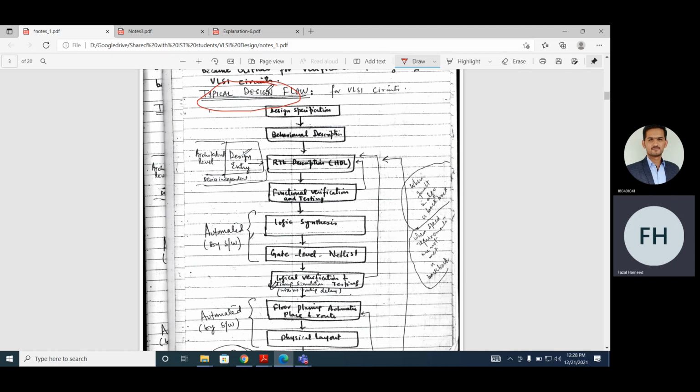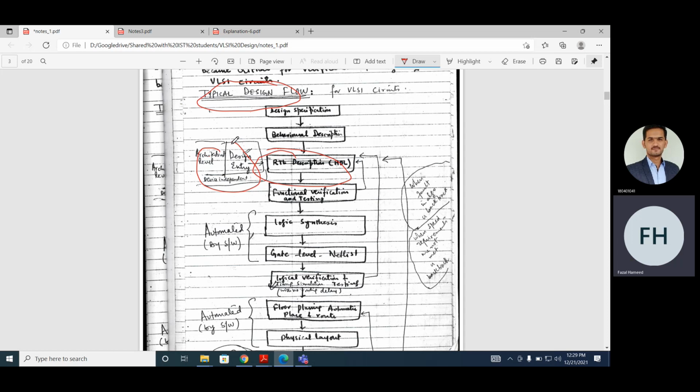And then you make some high level description, architecture level or design entry. So the third step, once you have the behavioral description at a very high level, you have an architecture level or design entry. You enter your design using different methods. There are different design entry methods. The first design entry method is Verilog. Another design entry method, you can use VHDL. VHDL is another language. You have HDL. So these are different design entry methods.